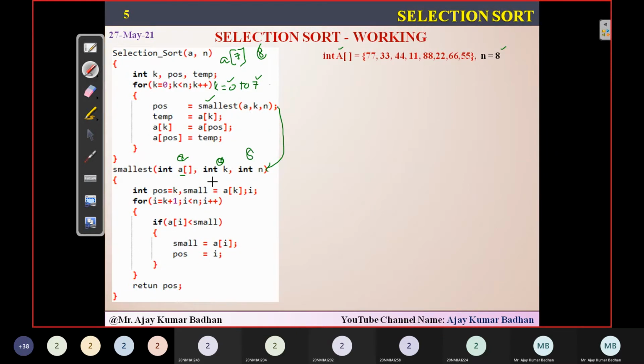Now in this particular method, whatever the logic is, it will try to find the smallest element that is present here, and along with that it will determine the position of the smallest value. Later on, this method will return only the position of that value. Whichever the smallest value is in that array, only that array position we are returning here. You can see here, return position. So we are simply returning the position at this particular location.